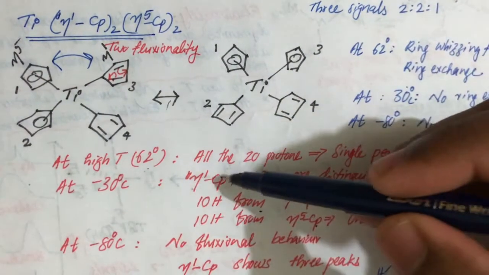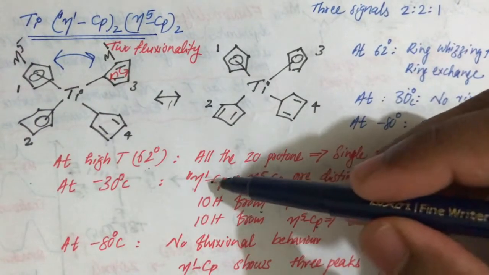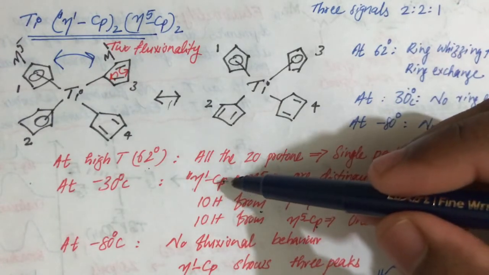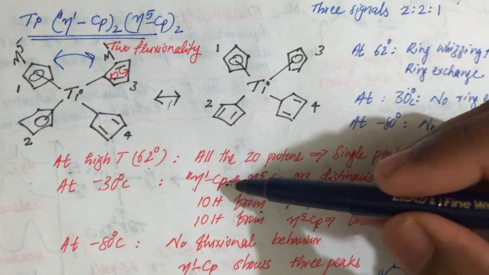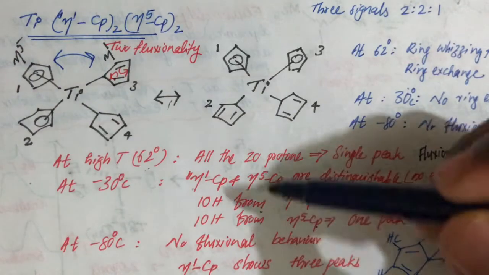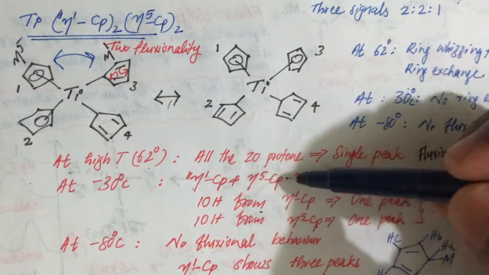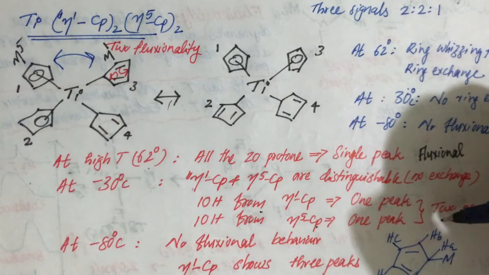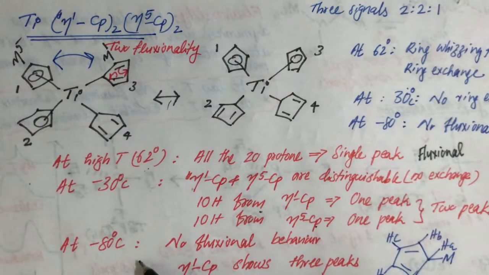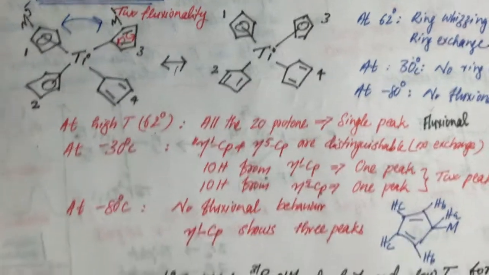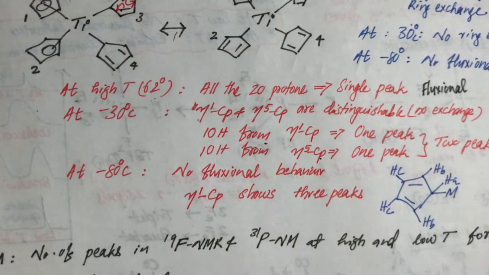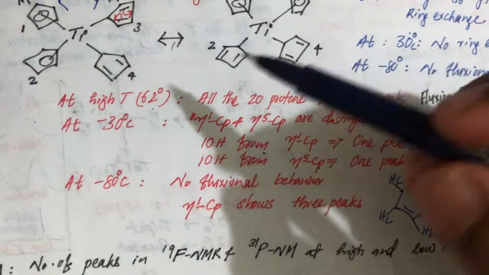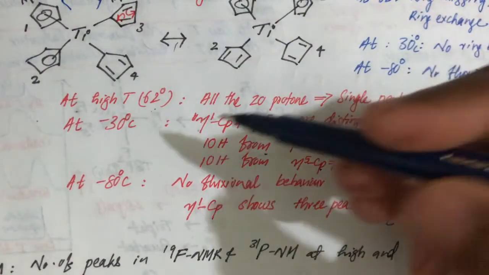So at this temperature we can distinguish eta 1 Cp and eta 5 Cp, that is 10 protons from eta 1 give you one peak, and 10 protons from eta 5 give you another peak. Okay, ready. At minus 80 degrees Celsius, strictly we can say that there is no fluxional behavior. So in the case of eta 1